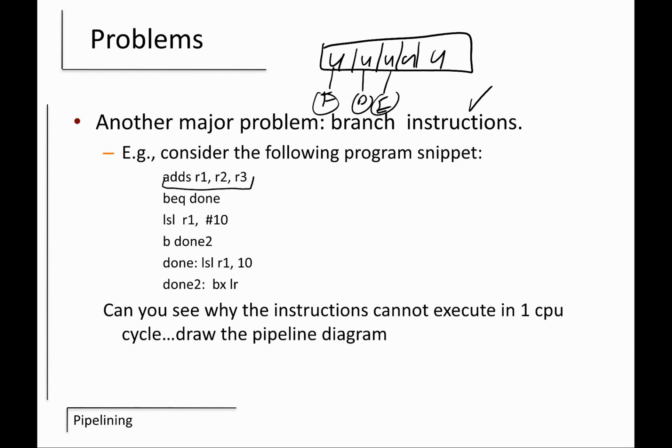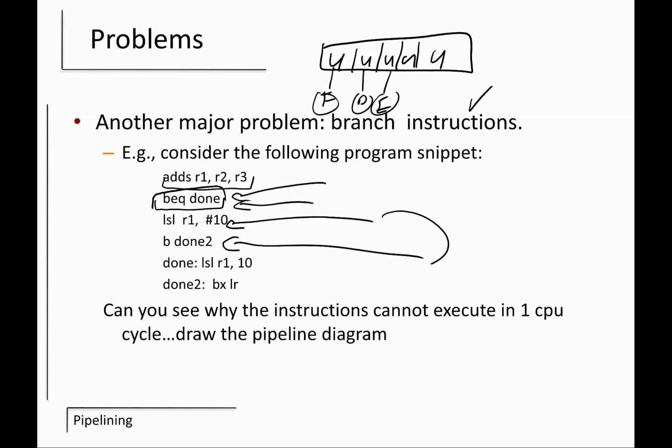I have an ADDS here. Okay, this add happens. Then I have a branch that happens. Okay, which instruction should be put into the pipeline after this branch? Because if I put this instruction in there, then this instruction in there, in other words, I've got these two in the pipeline, and since they're in the pipeline, they're going to be going through there while this one isn't finished. So if it is equal to 0, then we're going to be in real trouble, because we have to blow away the pipeline for the right instruction